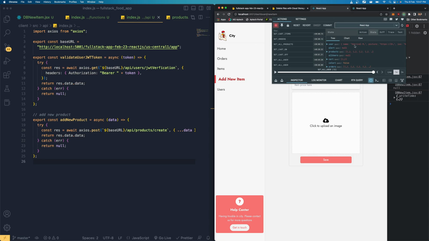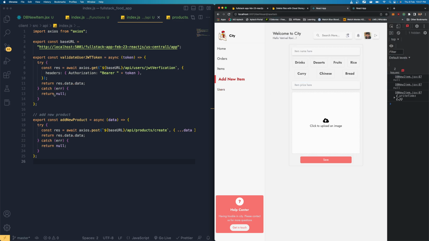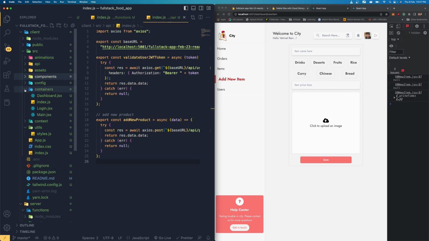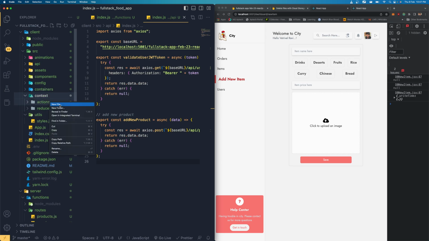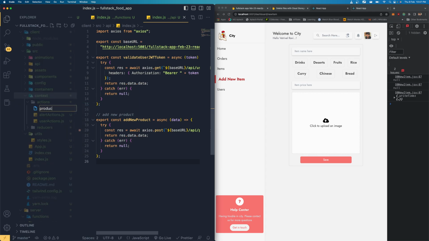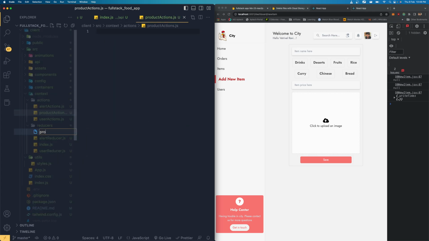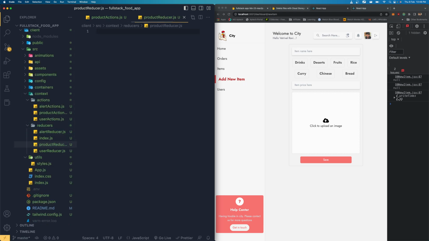Okay, since we have only, so let's go here, let's create the actions, let's minimize the context.js, and I'm going to create a new reducer that is going to be product reducer.js. All right, so now what we need to do is finish writing the code for